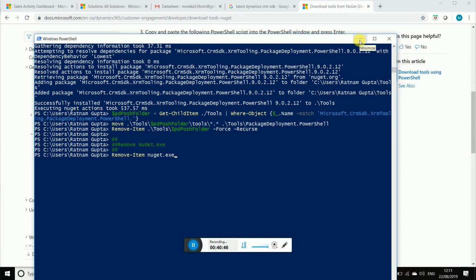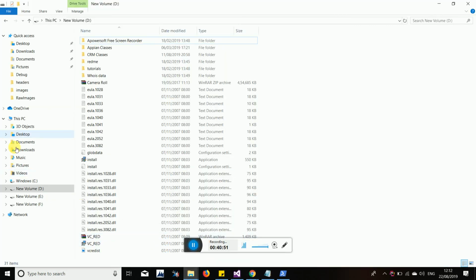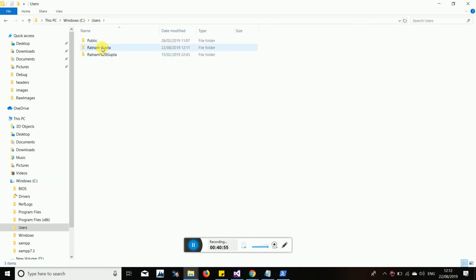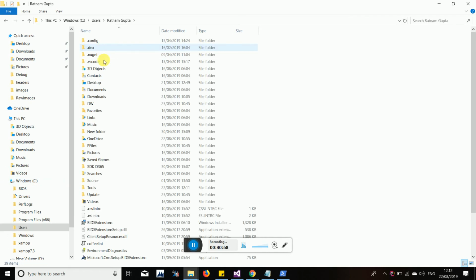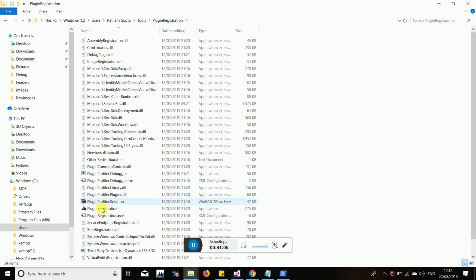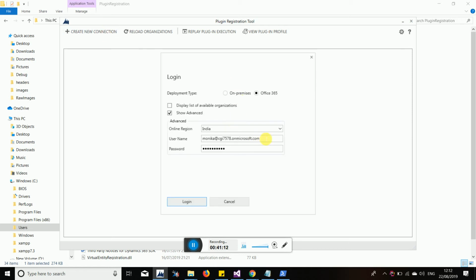This is the way you can install it. After installing, go into your C drive, under users, your main user. Here you will have the tools folder created. In this tools folder you will have plugin registration, and here you will have the plugin registration tool. If you click on new connection and provide your details, you will be able to log in. I told you how you can install the latest version of the plugin registration tool using PowerShell.